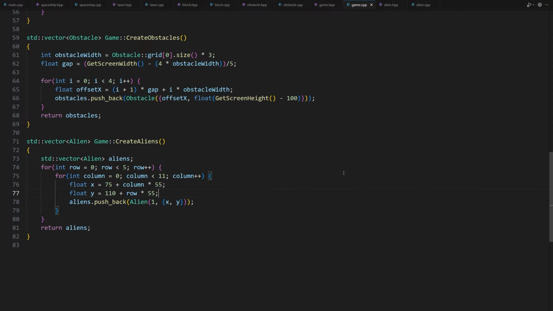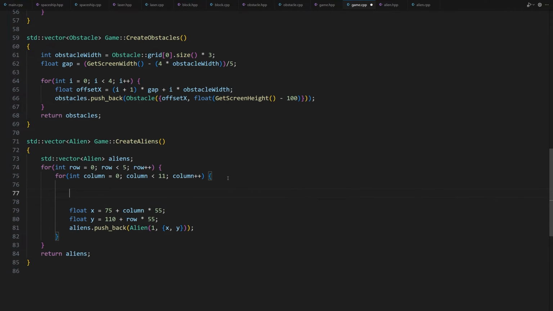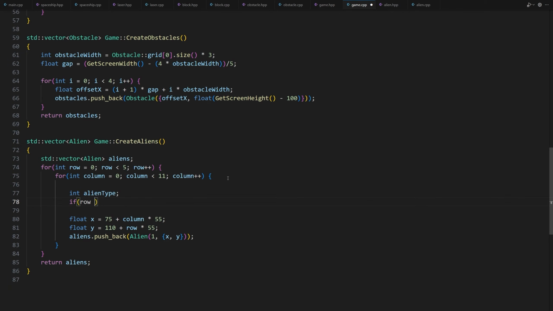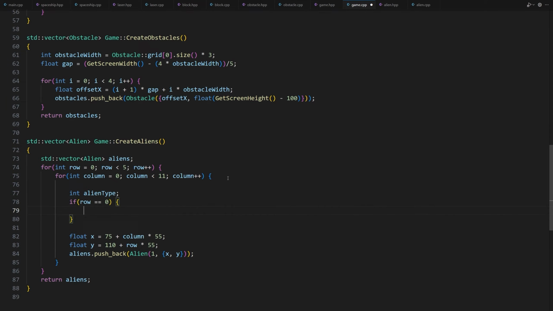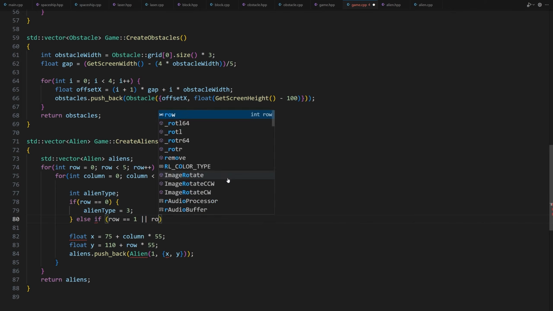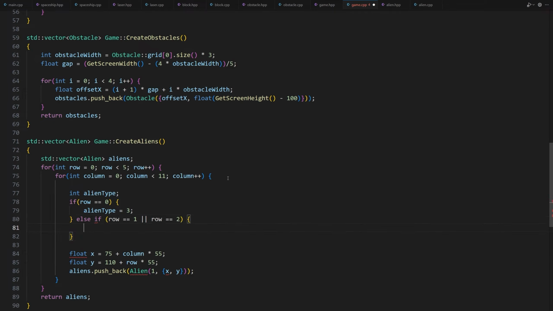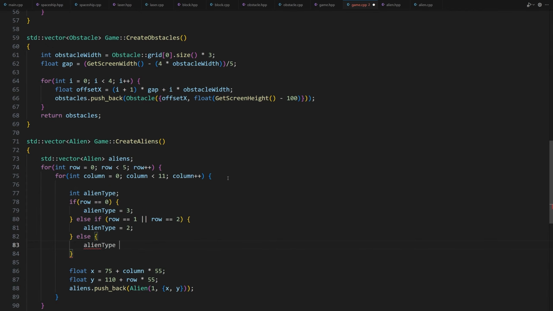We want to have the first row from the top to be of type 3, the second and third to be of type 2, and the last two of type 1. So, before creating the alien, we just have to add an if statement. int alienType; if (row == 0) { alienType = 3; } else if (row == 1 || row == 2) { alienType = 2; } else { alienType = 1; }